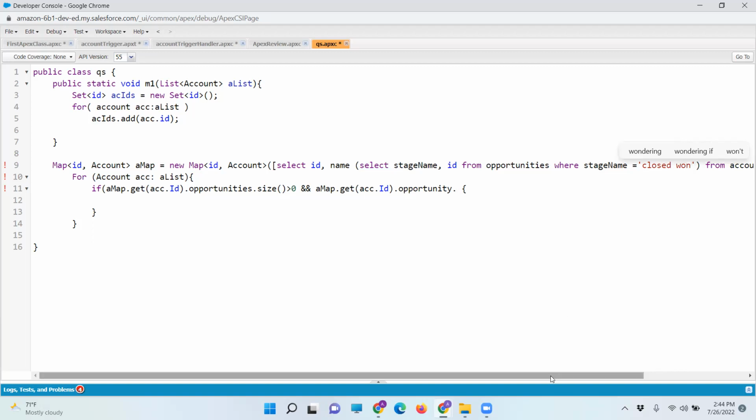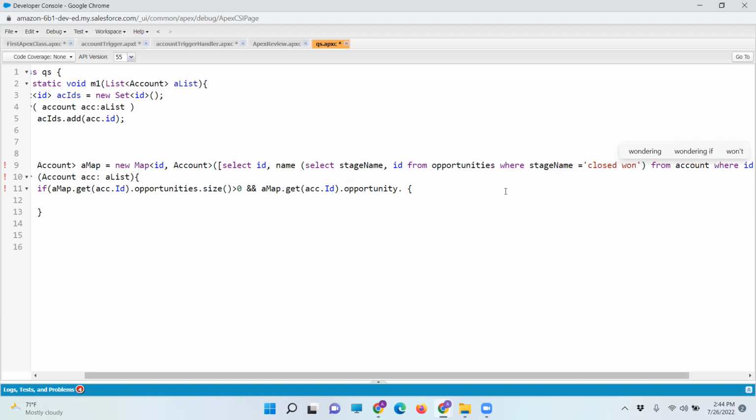Closed won, so that they won the opportunity. Okay, in here we get the number of opportunities. If it is bigger than zero, then they have at least one. And if opportunity